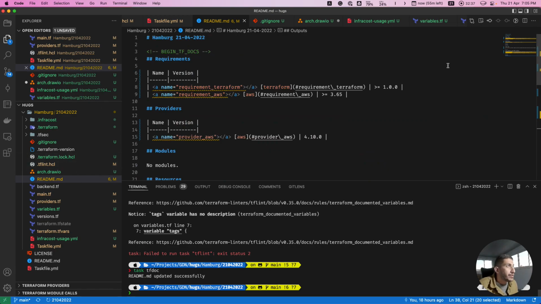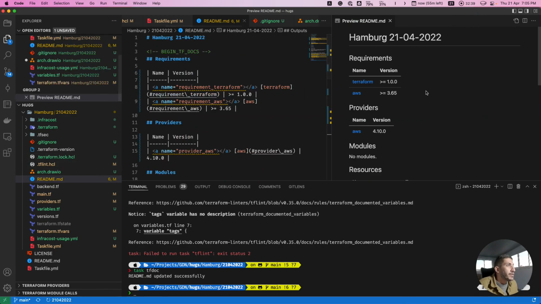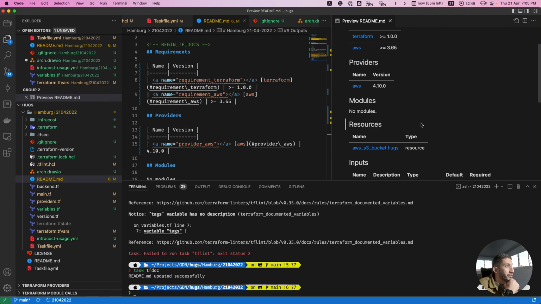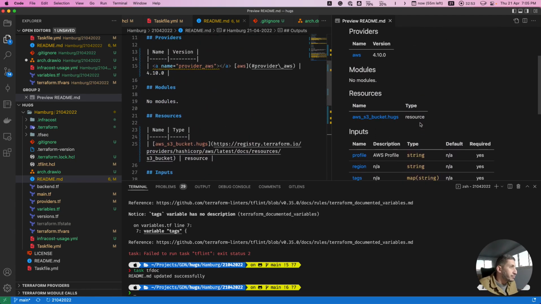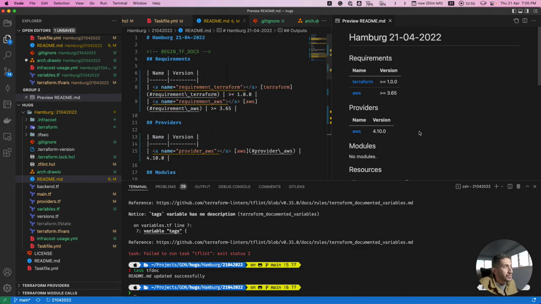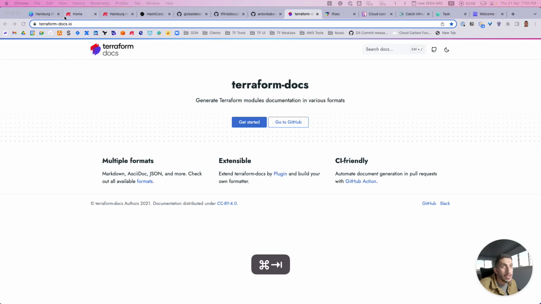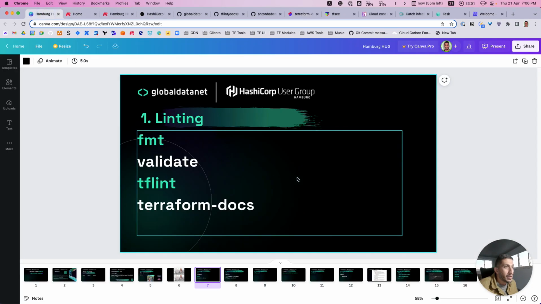And that's really nice to have here. So if we check, you can find that your Terraform code base is now well formatted, has inputs, outputs, has descriptions, has been versioned, and also has documentation. So anyone within the team who is going to work after you on this Terraform code base, it's going to be really easy for them to pick it up. Yeah, that's pretty much about linting, I guess, in general.